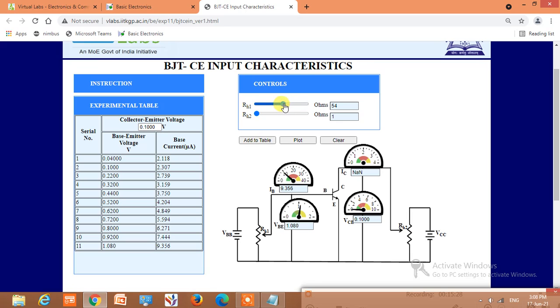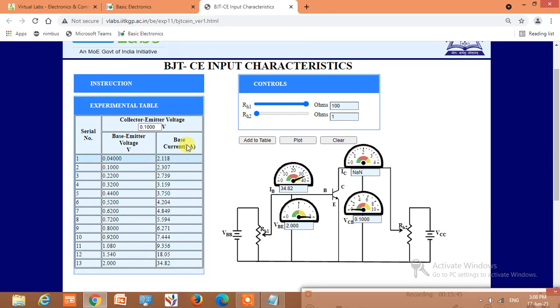I will take one more value, 1.5 volts, add to table, and the last value, the full scale value, is 2 volt, add to table.